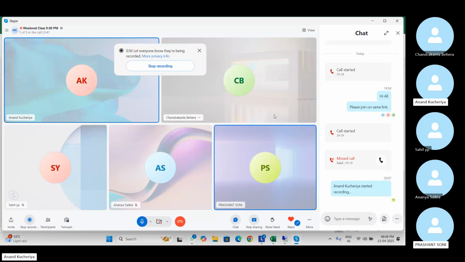Yeah, Prashant, maybe you can mute. Okay. Yeah, Prashant, we have already started just two minutes before. Okay, so we are just going over what was covered yesterday, and I think Ananya has also joined with you, correct? So